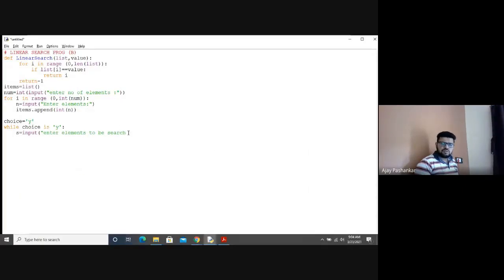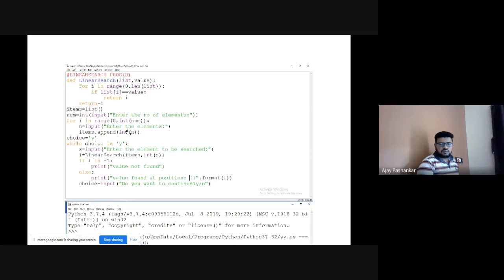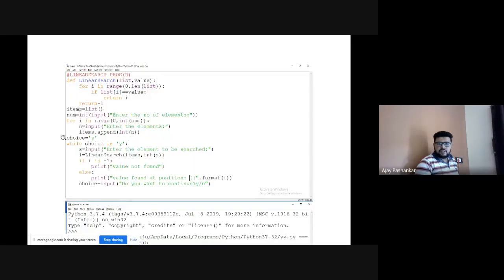Okay, no issue. So i equal to linear search items dot int s. Just make sure that this define function and this match properly, because Python is case sensitive. Enter the elements to be searched, linear search items int s.